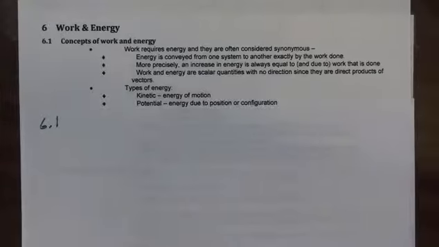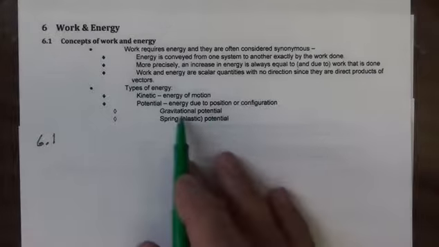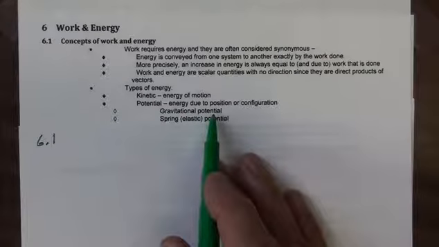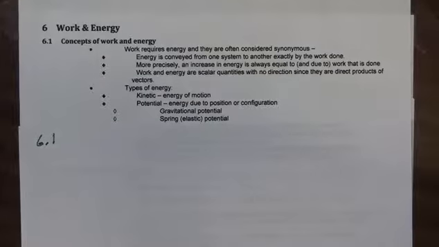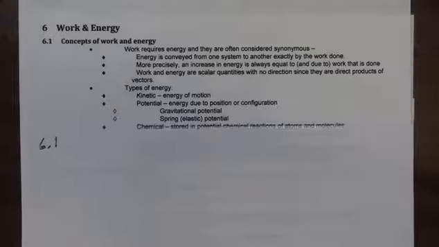For example, if we have a rock that's up high on a hill or water that's in a dam, that represents potential energy because we could let the water flow out of the dam, the rock roll down the hill, and it could do work for us or accomplish something for us. So the first of those might be gravitational potential energy, where the water is behind the dam, or the rock is up high. But another one might be the elastic potential energy from a spring. We might compress that spring, and then we've stored energy in it, and we call that potential energy.